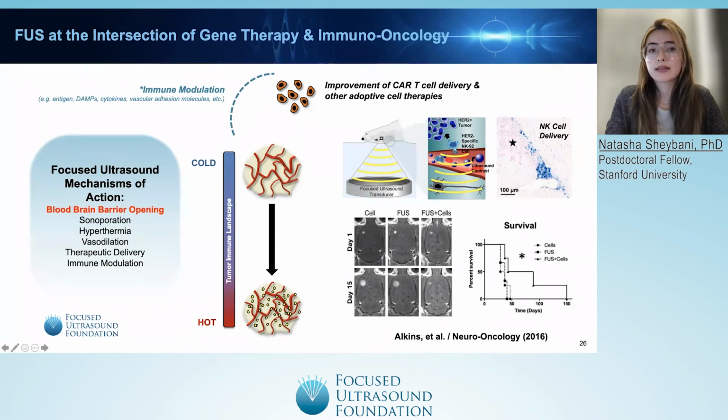So the work that I'm highlighting here is from Kalervo Hynynen's group, demonstrating the delivery of HER-specific natural killer cells in an orthotopic HER2-amplified rodent brain tumor model that was meant to recapitulate aspects of metastasis of human breast cancer. So the accumulation of these NK cells was quantifiably improved by delivery with FUS-BBB opening. And as you can see, this translated to both growth restriction as well as survival benefit in the